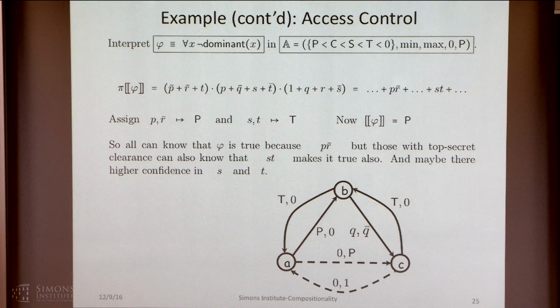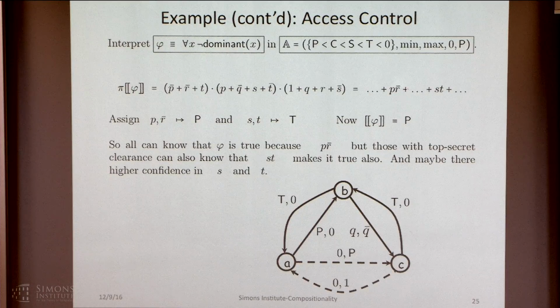So suppose we know that these two tokens are public. So it's public that there is an edge from A to B, and public that there is no edge from C to A, and so on. But S and T are top secret. So now if you calculate the meaning in this semiring for the sentence, you get that it's true, and this truth is public. But the provenance analysis allows you to say more, because you can look around in this polynomial,